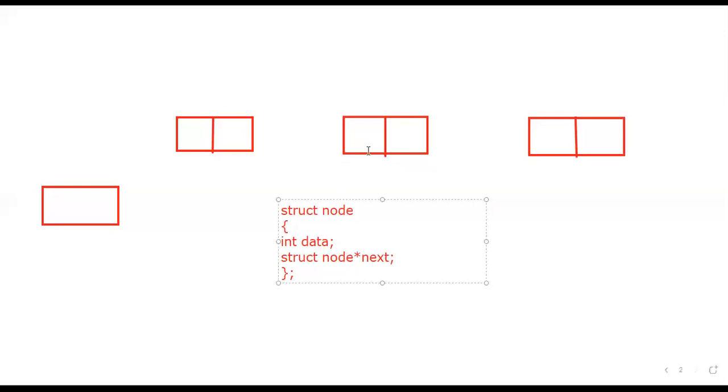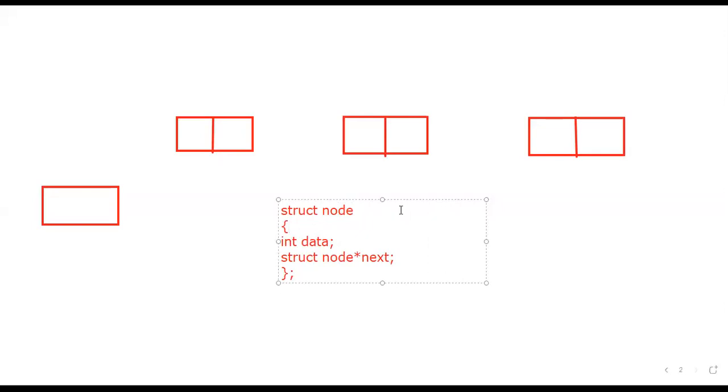So a structure means it will automatically create a node. You create a node, that is the type of a structure. That means in that structure, what is there in that node? The data field is there and then the link field is there. Close the structure, that means close the node. So now we are creating a node with the help of the declaration struct. In the structure, we are using struct, already you know. In that, the first one is the data field and the second one is the link field. So this is for a single linked list.